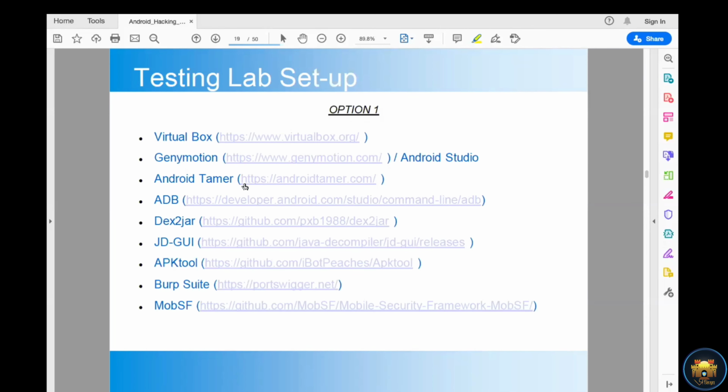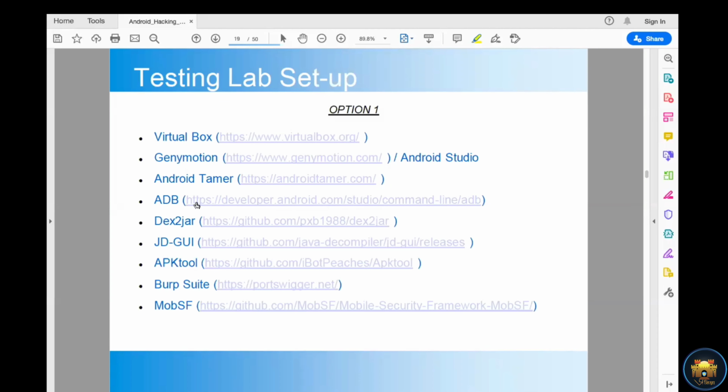I don't think it has the latest version, so we are not using it right now. But if you have Android Tamer available, you can use this particular VM for penetration testing of mobile applications, especially Android applications.